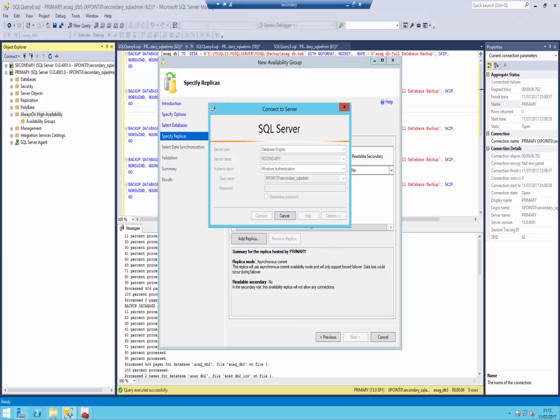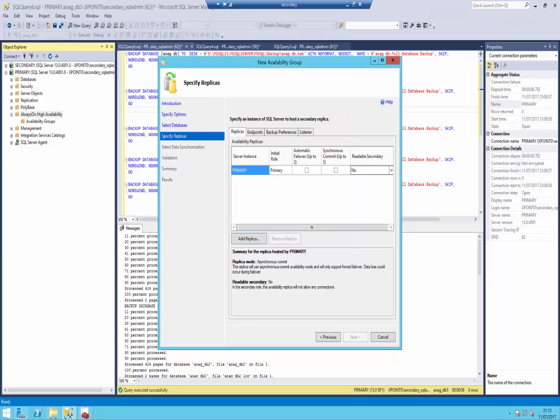Okay. That's taking its time, but all right, here we go. Do we have the connectivity? No. Oh, we do. Okay, so we do have our secondary now,